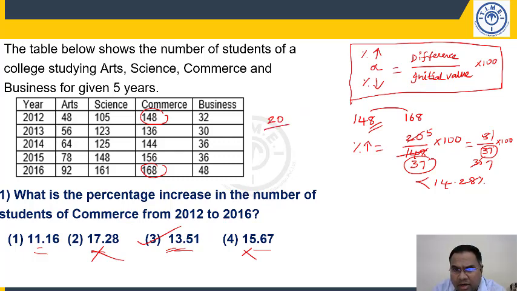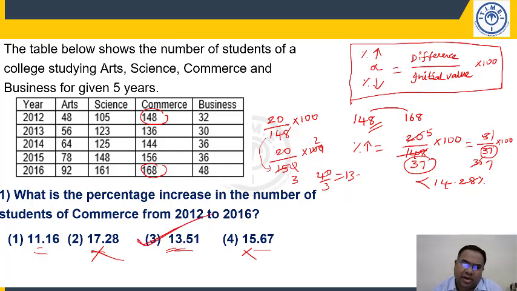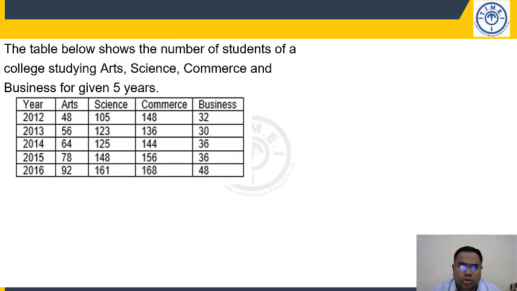Or some of you can also do it like this, here, 148 into 100. You can say 20 by 150 into 100, because options are quite far away. I can do all these approximations, right? So 0 0, 5 2s, 5 3s, so 40 by 3, 13 point something, right? So I'll get 13.3, but actually I'm increasing the denominator, so the value will slightly decrease. So only one option with 13 point something. So the third option should be my answer. So the correct answer is 13.5. Right, students?